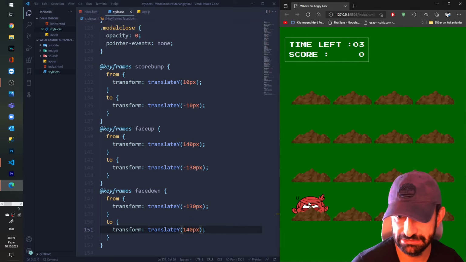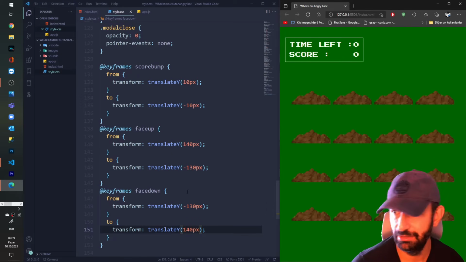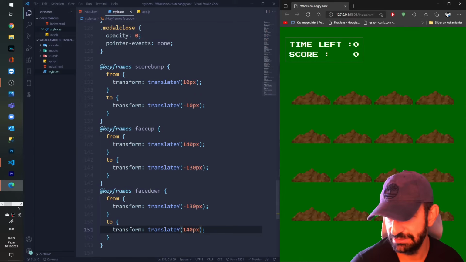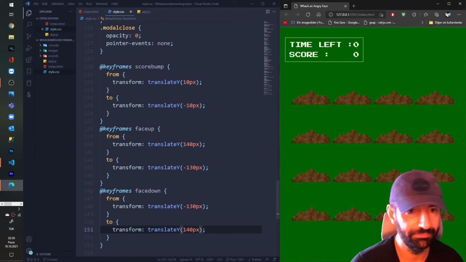But we cannot click it because, okay, let's see, the face score bump done, face down, face up. Okay, we're done, I think, with animation keyframes.